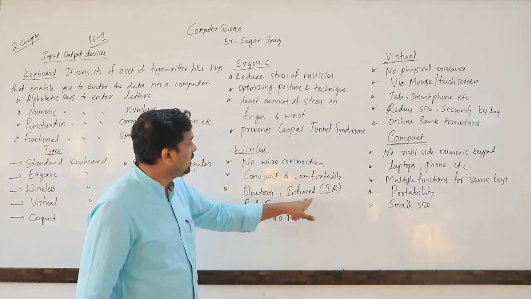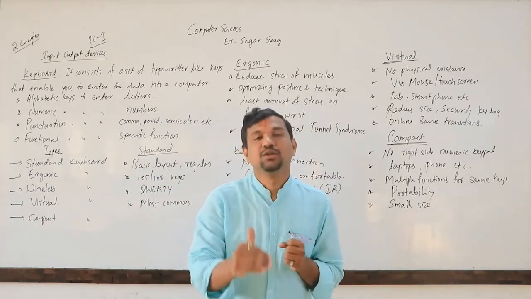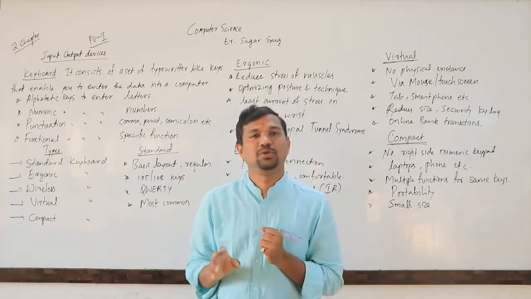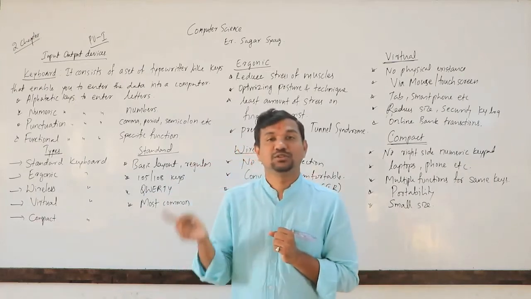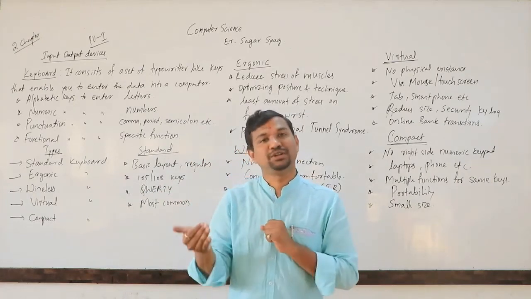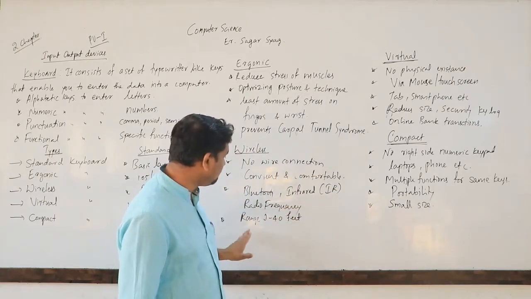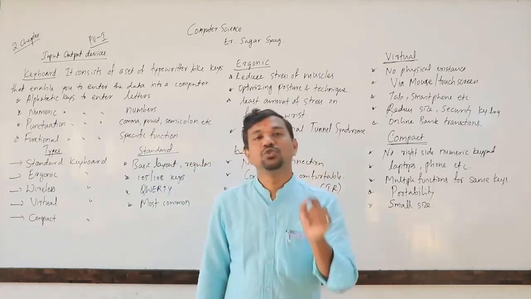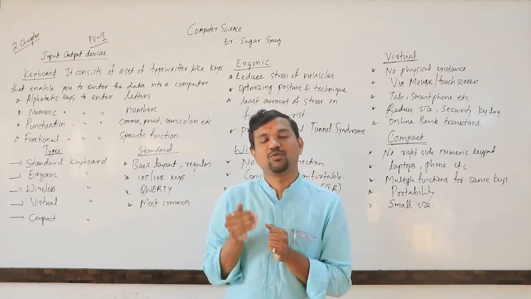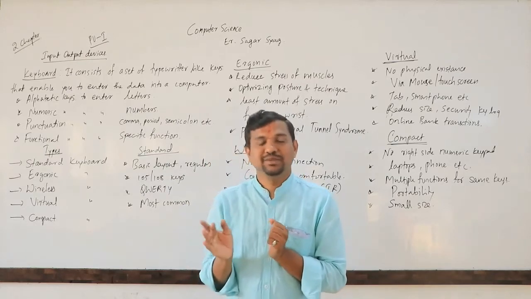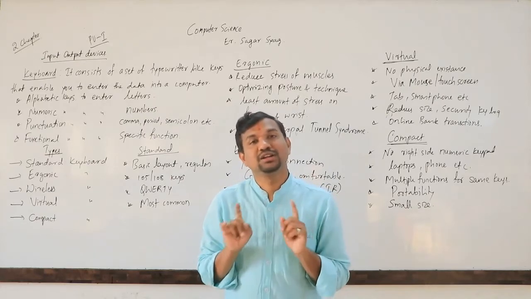And Bluetooth, infrared, and radio frequency are the ways to connect a wireless keyboard to the computer. Whether it works on Bluetooth, radio frequency, or infrared, the mode of operation is going to be altered, and depending on that, they are going to use it. The range is from 1 to 40 feet. So, apart from the computer, we can work up to 40 feet, which means within one classroom or a single room, we can work through the keyboard.